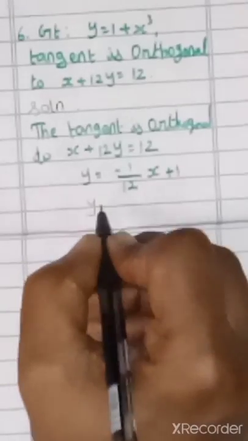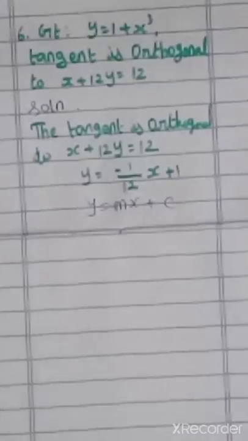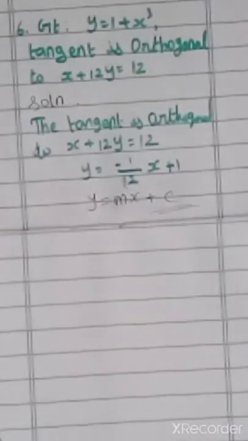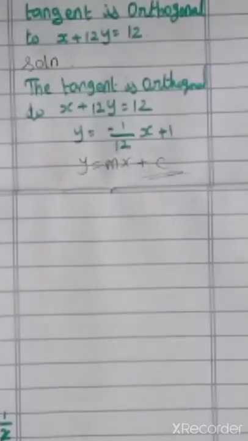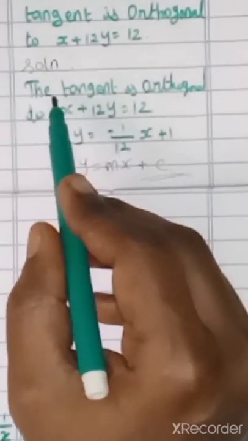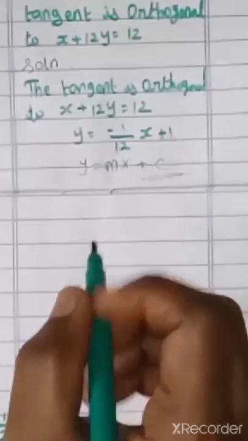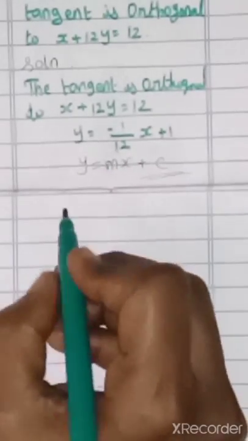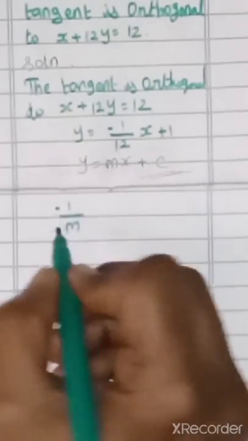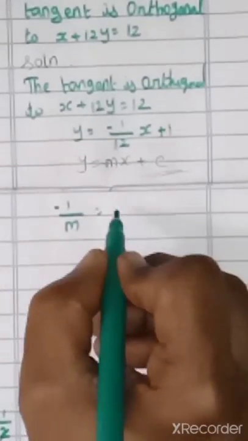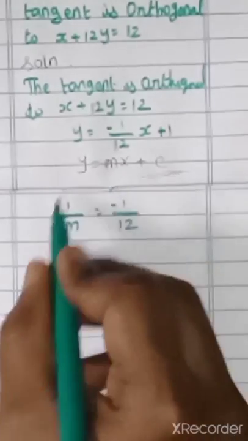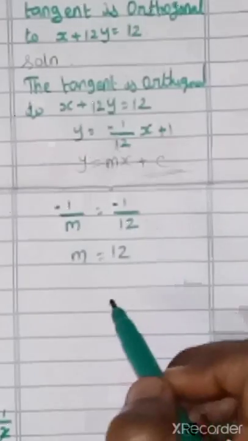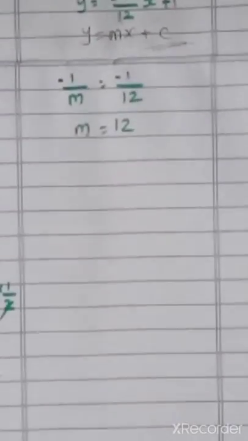Now this is of the form y equal to mx plus c, correct? But here what condition is given? The tangent is orthogonal. So orthogonal, now we can't take the slope as it is. So we have to take that as normal only, because the tangent is orthogonal. So here what we are taking, m value is minus 1 by 12. Since it is orthogonal, we are taking minus 1 by m, normal. So minus 1 by m value, what is given? Minus 1 by 12. And also from this, we can take m value as 12. So we got minus 1 by m value and m value. Next points we have to get.